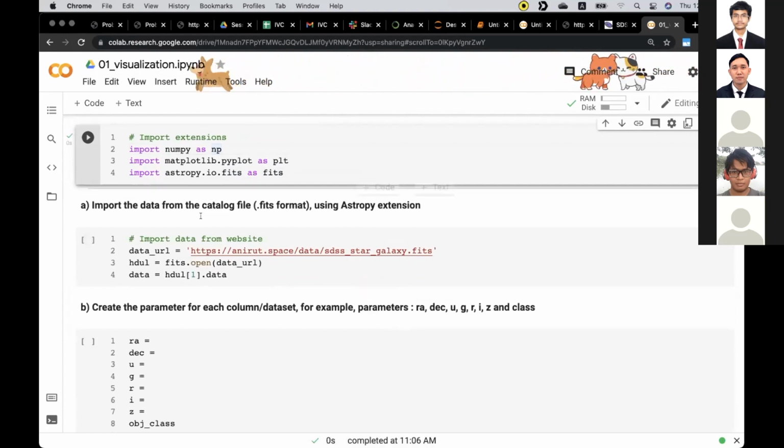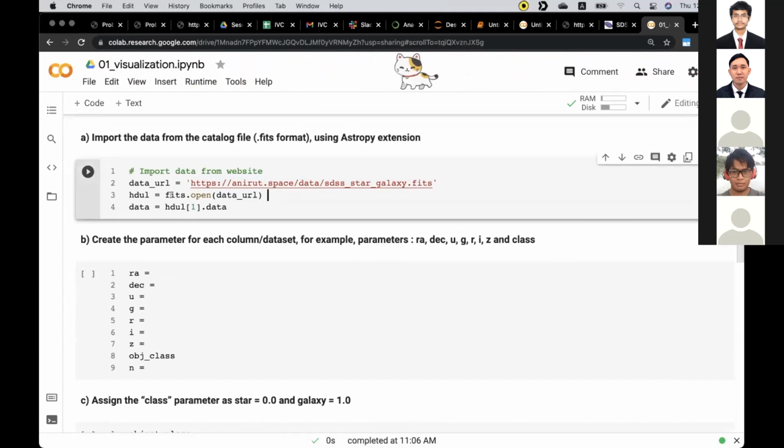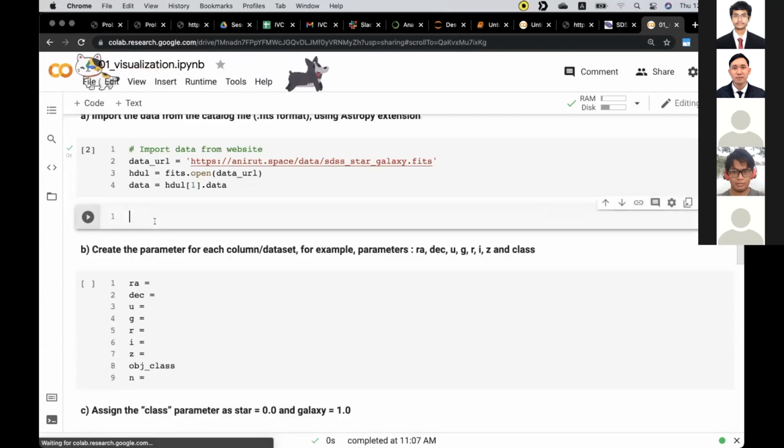And for the next one, we need to import the data. I use this link that I already uploaded. You can copy this and use this link. It takes some time, but sometimes if they already have the cache file, it's quite quick. You can see it has already downloaded the data here. And for the data, we can